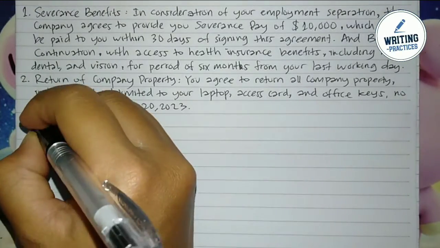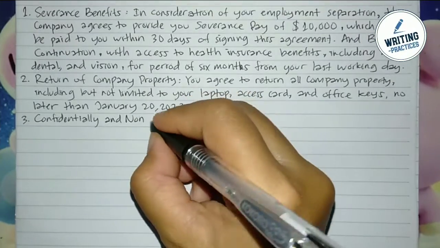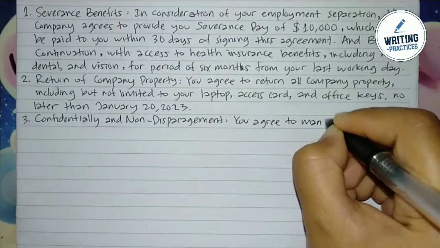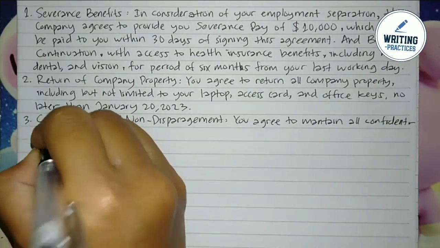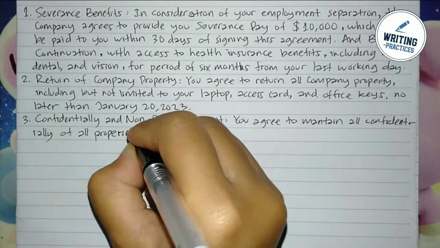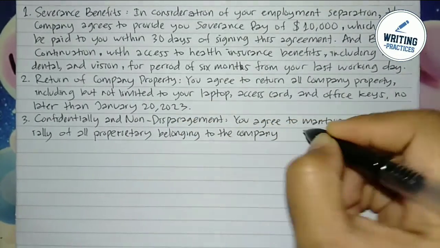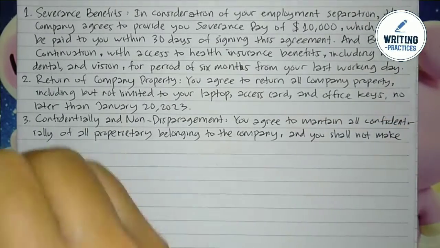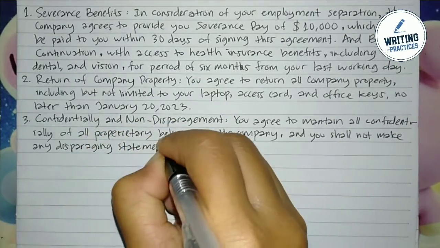In the third point, it is about confidentiality and non-disparagement. Here, you need to write about agreement on confidentiality and non-disparagement. Yes, you need to specify that the employee shall not make disparaging statements about the company. And here is the example. Confidentiality and non-disparagement. You agree to maintain the confidentiality of all proprietary and confidential information belonging to the company, and you shall not make any disparaging statements about the company or its